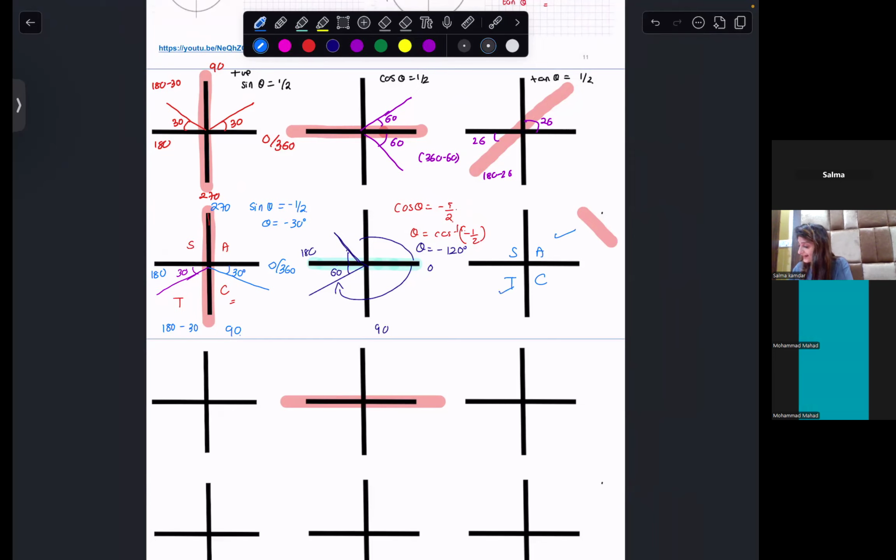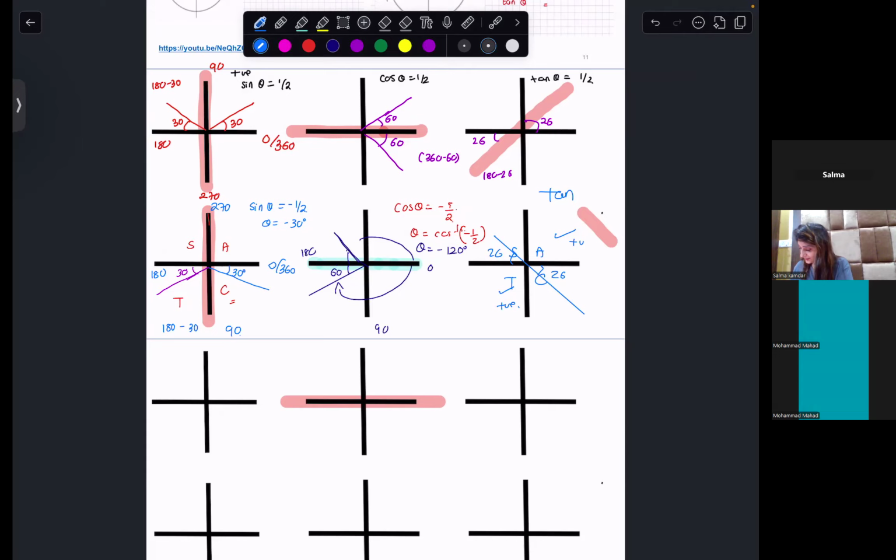Tan is positive in the first and third, so tan would be negative here. I hope you're with me. Okay. Now, if you keep this in mind,